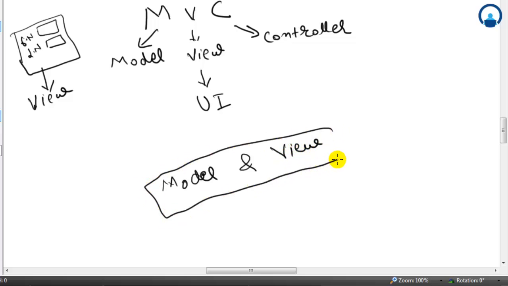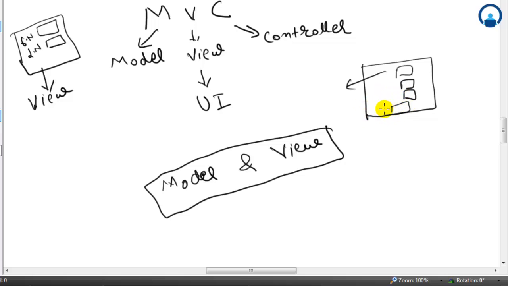In a typical MVC model, we have a view, we enter some data, and when we hit submit or whatever button, this data will be fetched by the controller. In turn, it will pass these values onto a model, and the model will do all the processing.